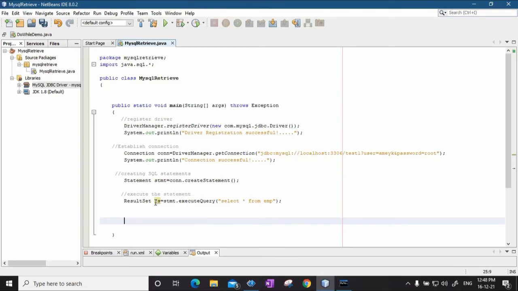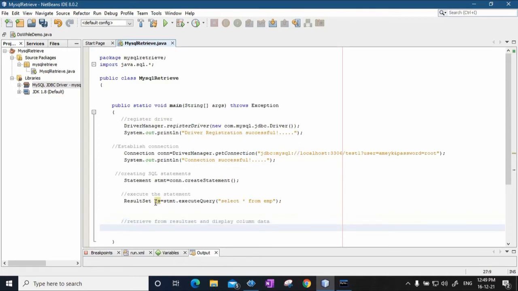Okay, so now we will write code to retrieve from result set and display the column data.